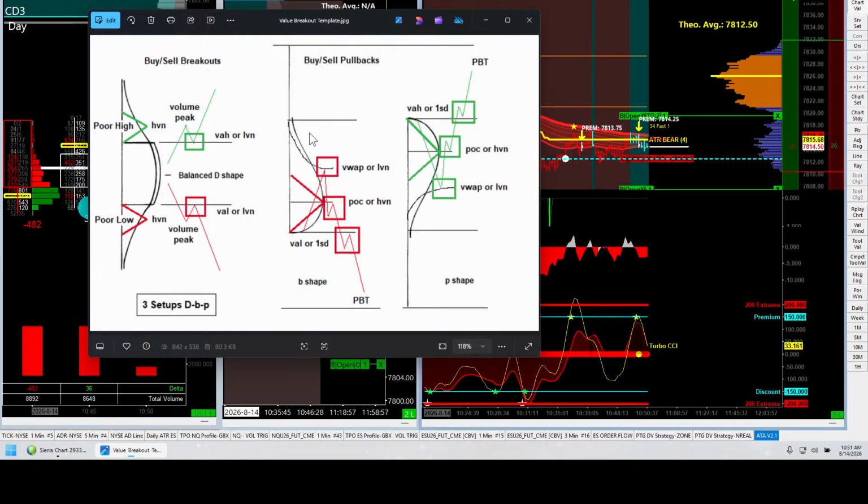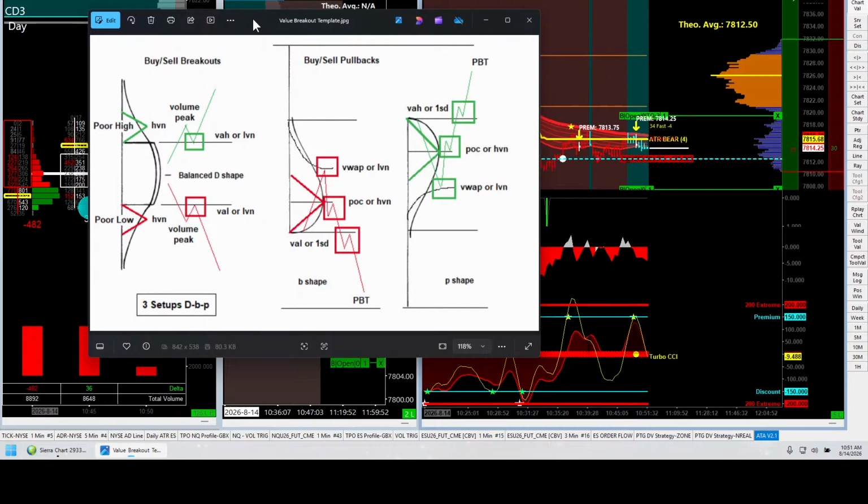All right, so hopefully this helps. Thank you, Mr. Market, for giving us this opportunity to demonstrate a concept that is very highly accepted, understood, and traded by very large institutional players.